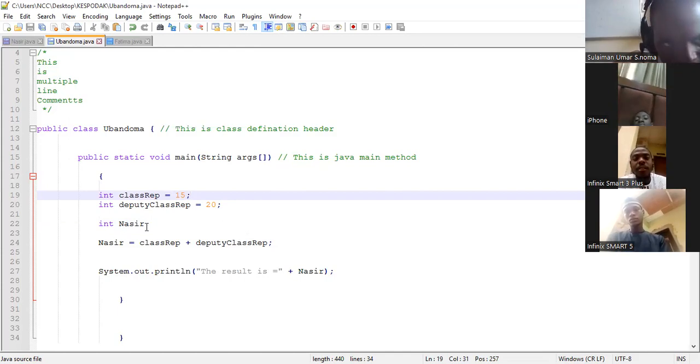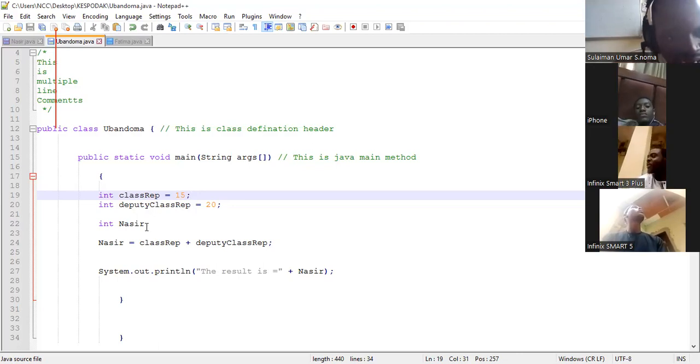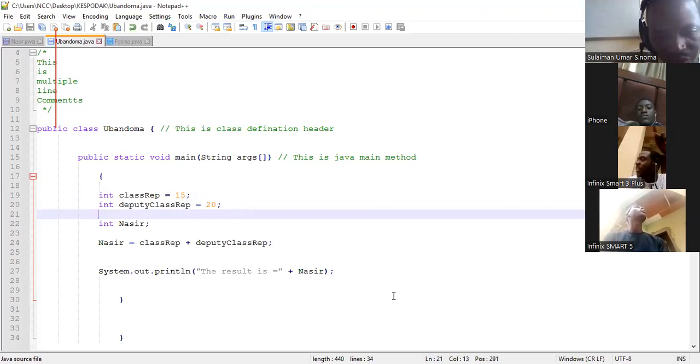You understand the words are not the same. So if small letter and capital letter are not the same, then in Java, Nasir and Nasiru are not the same. Therefore, for you to run, for you to look at it, I